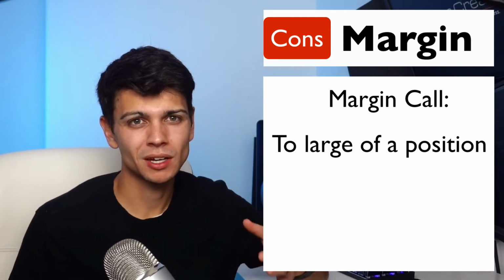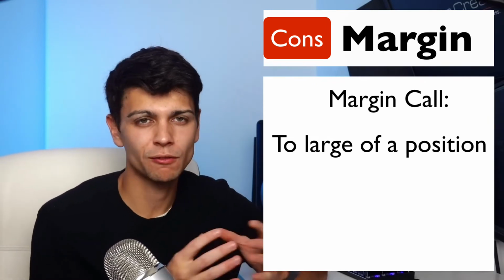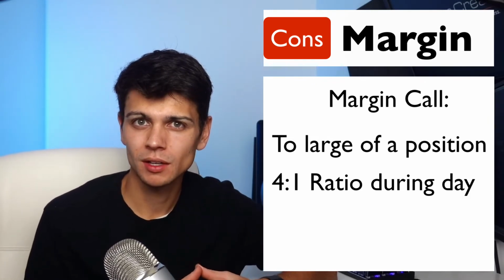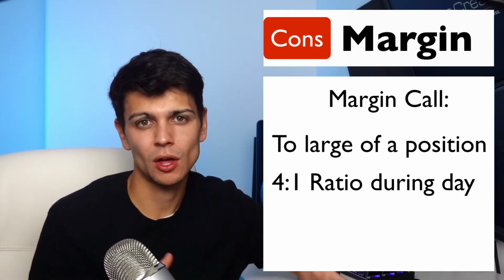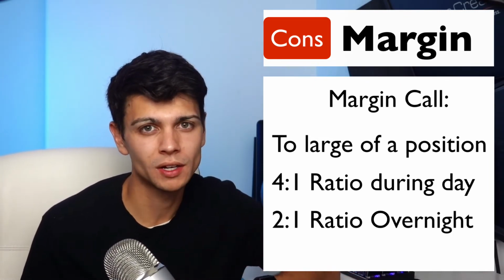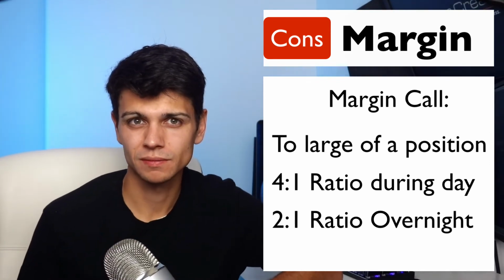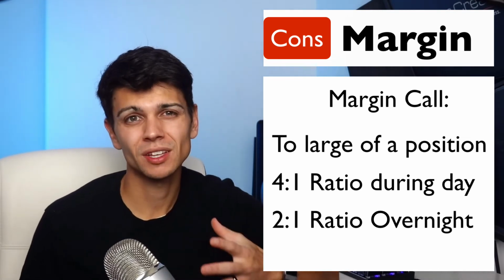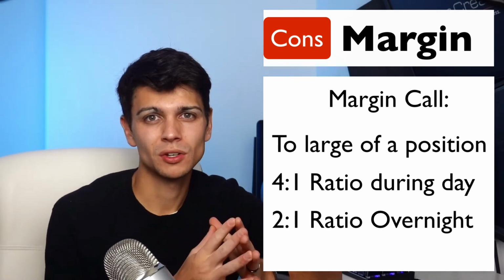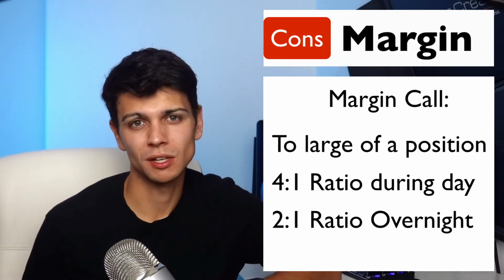This might happen because with most brokers, you get that 4-to-1 margin ratio, but that's only for day trading. Typically, a broker will only give you 2-to-1 for overnight margin. Of course, it all depends on your broker, and some handle things a little differently, but this could happen and it is normal to be enforced.